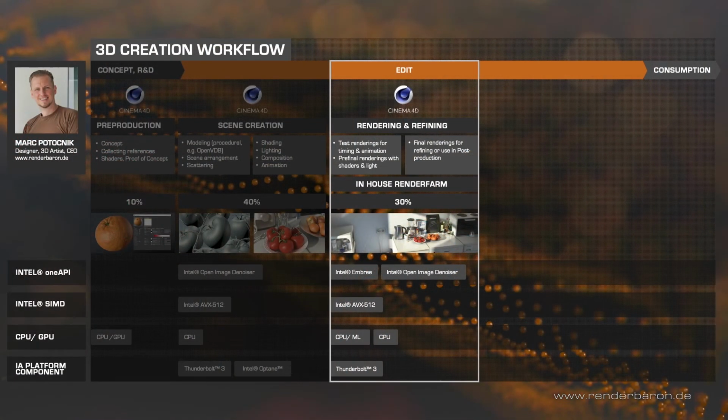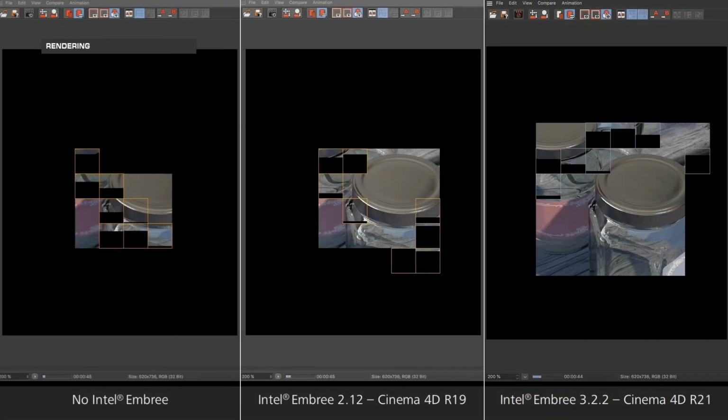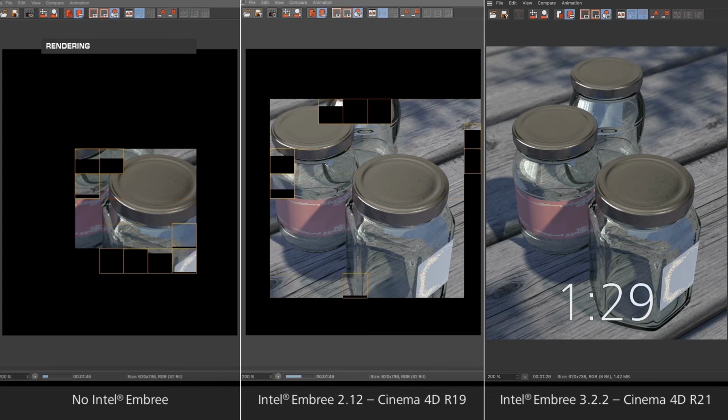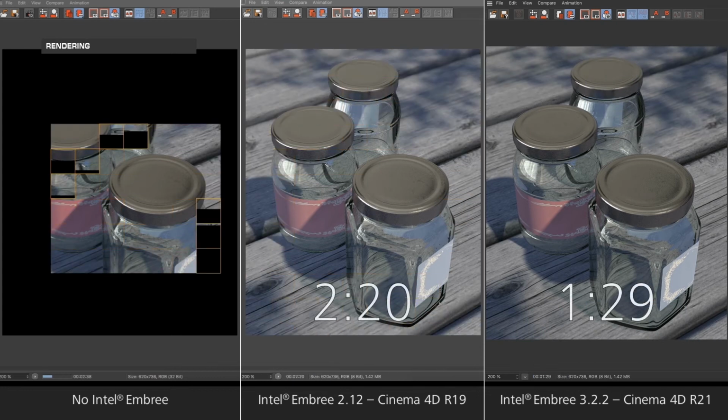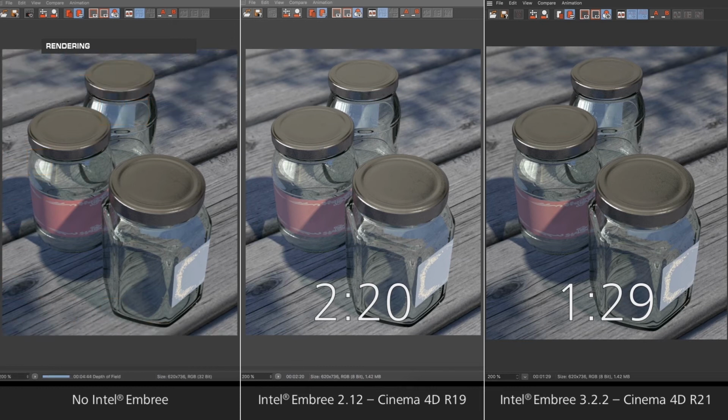For rendering, I use my own in-house render farm. It consists of Intel Xeon and Intel i9 workstations, which are involved in distributed rendering via Cinema 4D Team Render. Cinema 4D's internal CPU render engines, physical render and standard render, both benefit from an Intel technology called Intel Embree. These are ray tracing instructions that are optimized for Intel CPUs and accelerating the rendering of large amounts of geometry